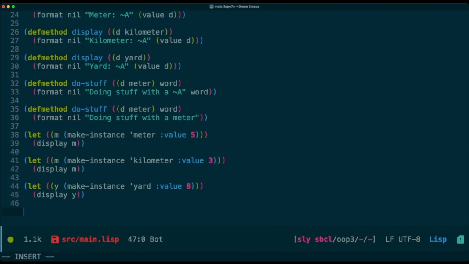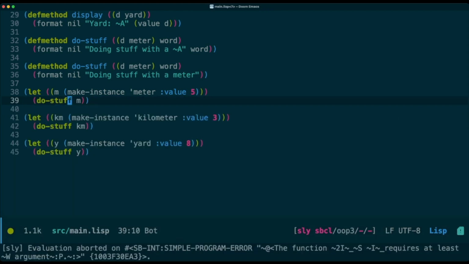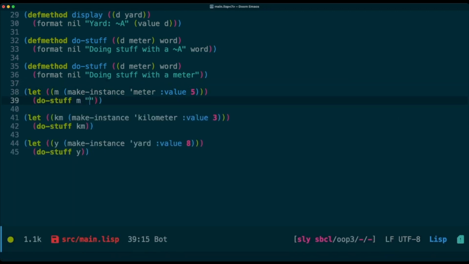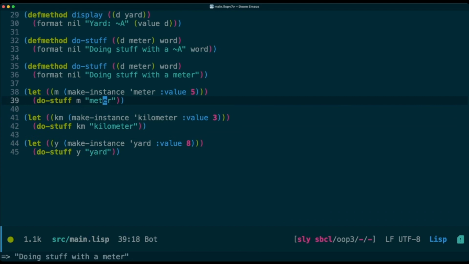So we now have our do-stuff. So let's do-stuff m, do-stuff km, do-stuff y. So we run this. Needs at least 2 arguments. That's fine because it does. Meter, kilometer, and yard. Doing stuff with a meter, doing stuff with a meter,